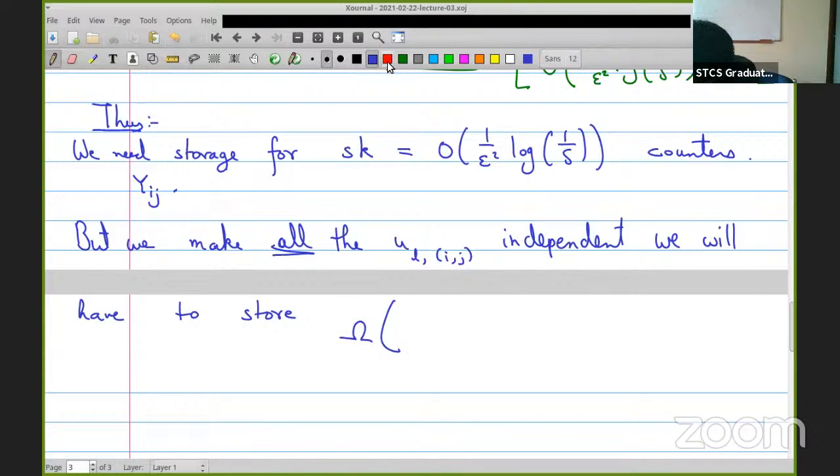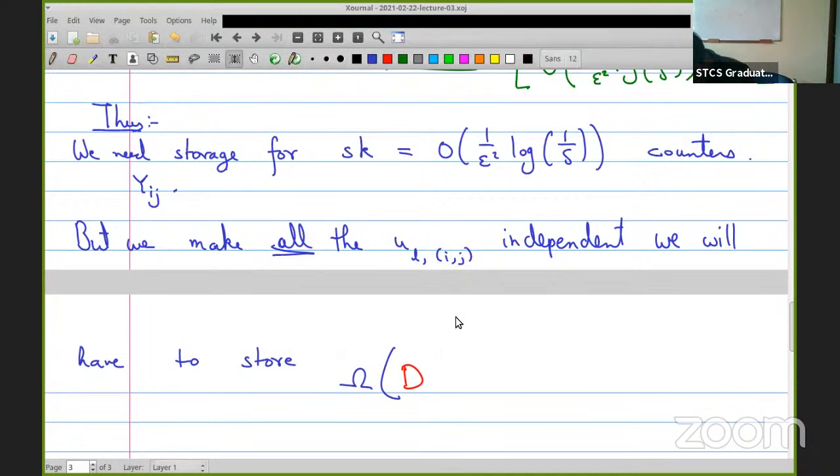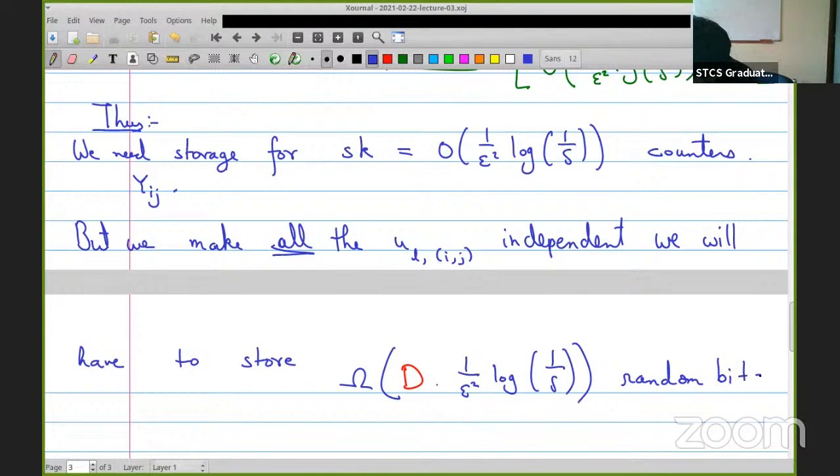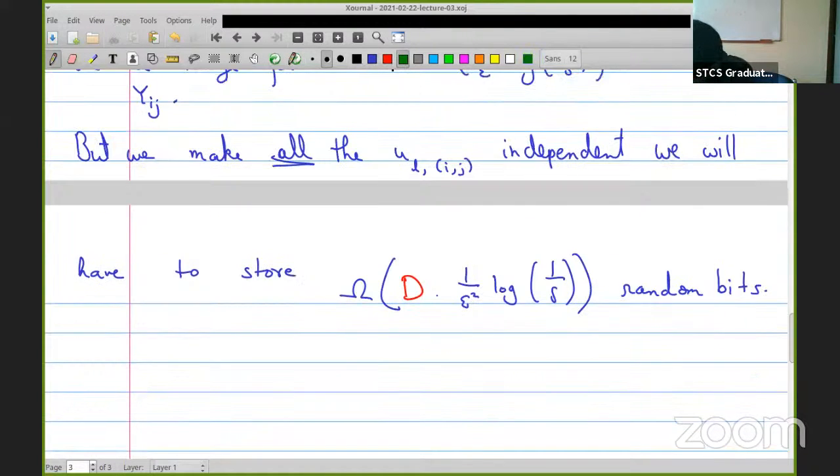d times 1 over epsilon square log 1 over delta random bits. But that will defeat the whole purpose. The whole point was to save on this d. D was supposed to be very large for us, right? The whole point of this exercise